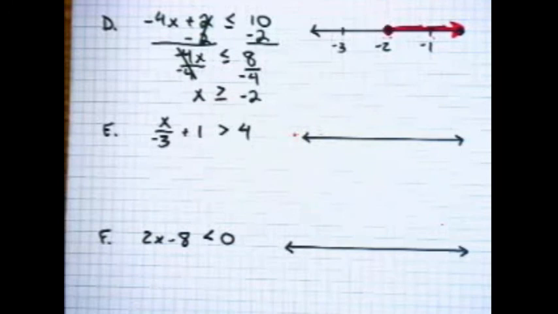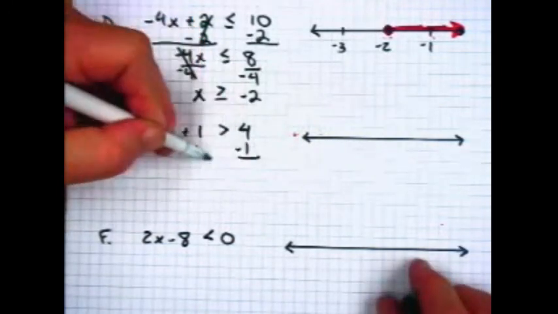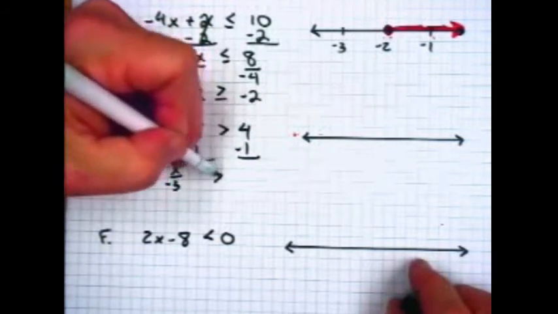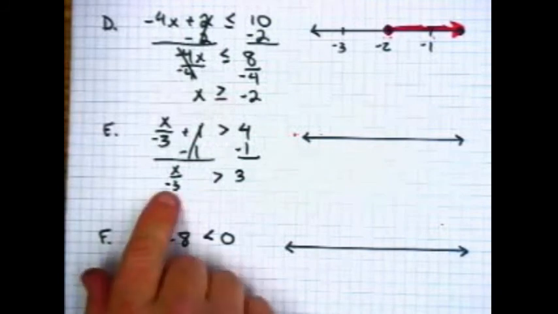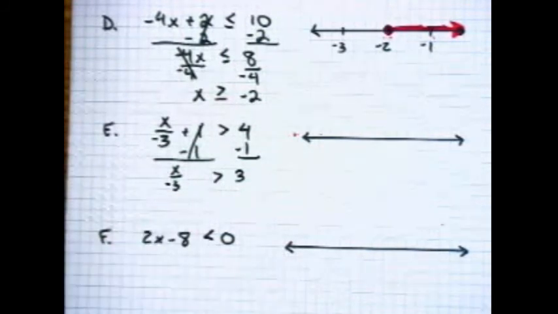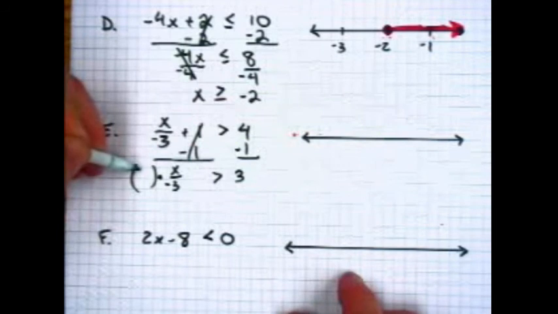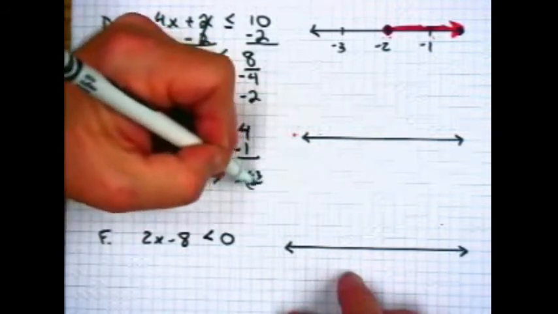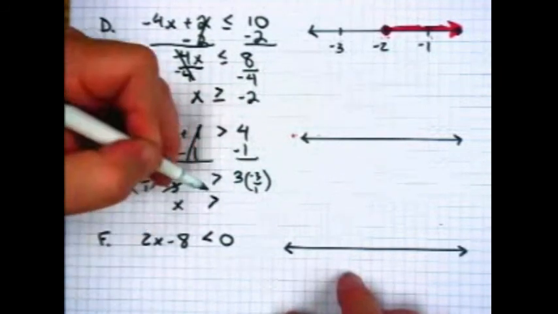Now let's take a look at the next example. I'm going to start by subtracting 1 from both sides. Those are gone. X divided by -3 is greater than 3. Well, how do we get rid of this divided by -3? There's a couple of ways to look at it. One, we could multiply by -3, but my favorite is to think of it as multiplying by the reciprocal. The -3 and the -3 cancel, leaving X is greater than